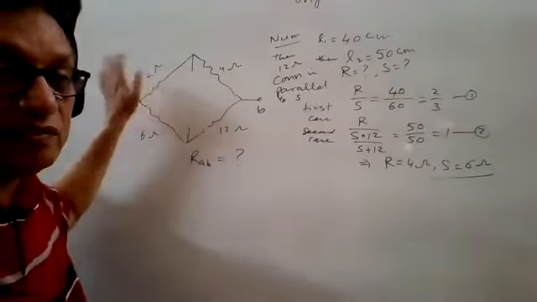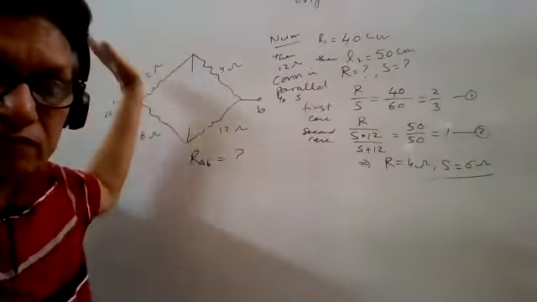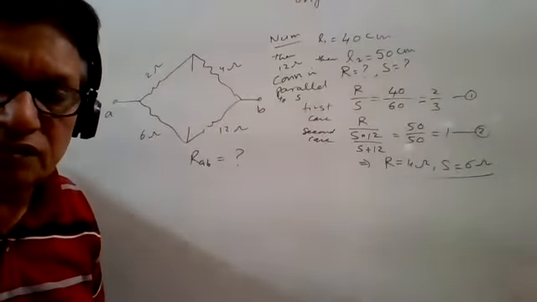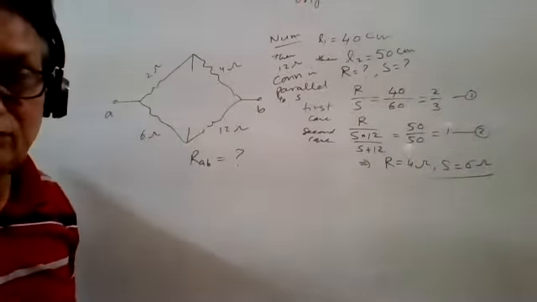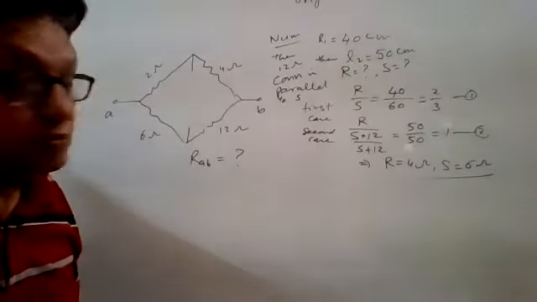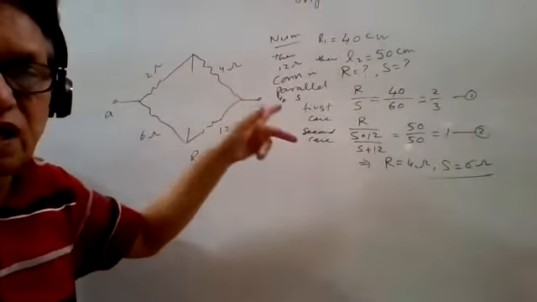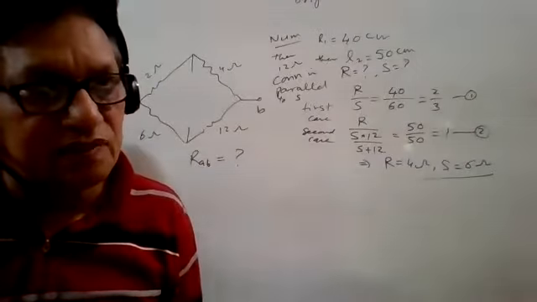Suppose it is not coming in between. Find out which one is dominating. R dominating means the balance point is towards the right. Suppose we are getting the balance length at 80, 90. It means that R should be decreased. Or if it is coming at say 5, 10, it means here we have to increase R. So by hit and trial method, you can get the balance point in between. It is always desirable. Yes, Aditya.